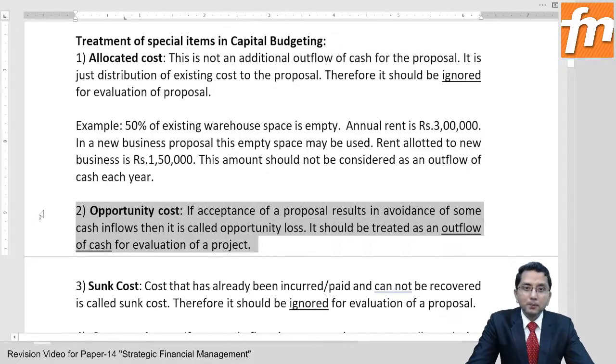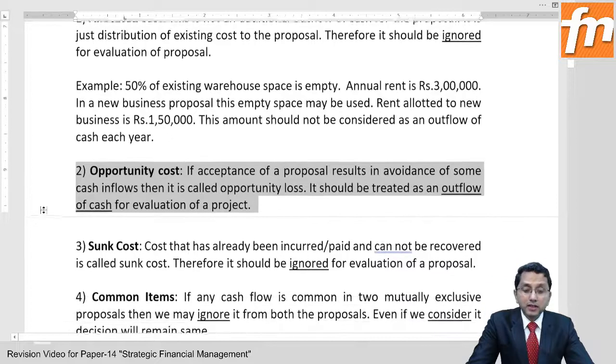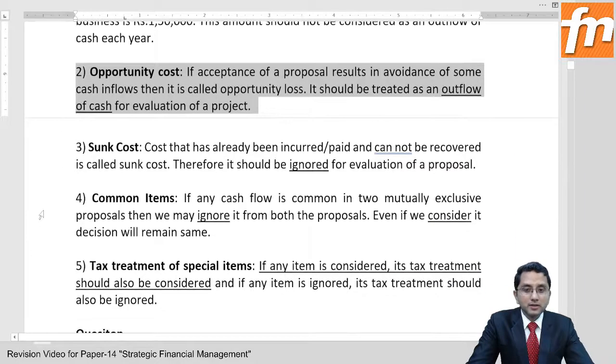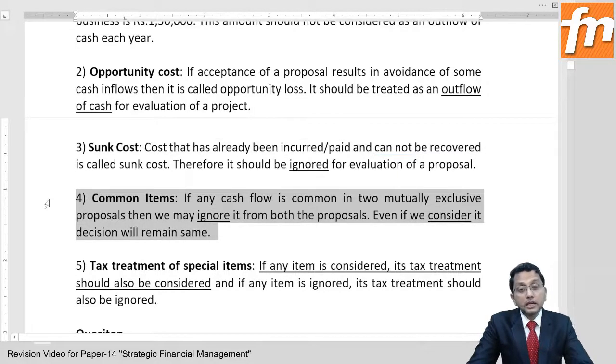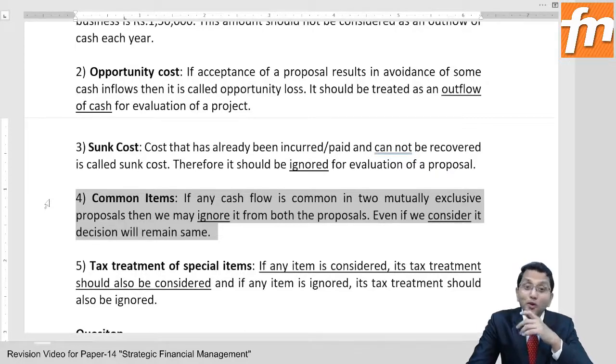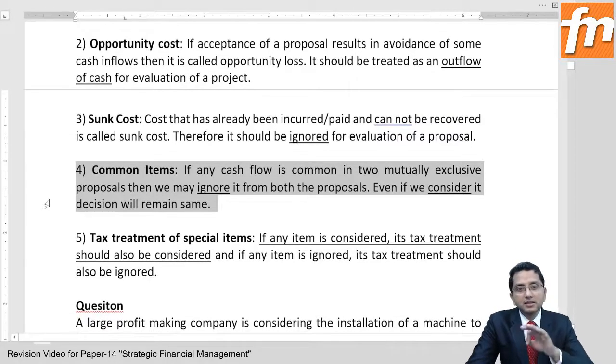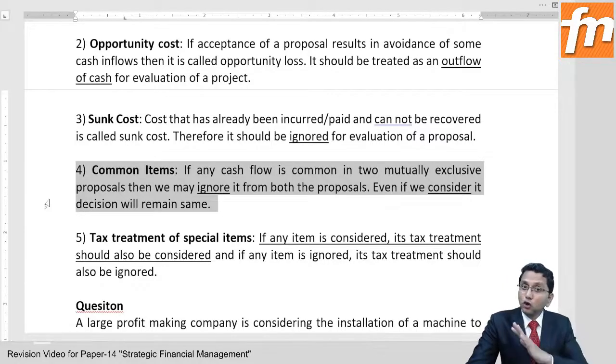Like you are considering opportunity cost, so tax benefit on opportunity cost should also be considered. Sunk cost is ignored, so its tax benefit should also be ignored. Common items, if ignored, their tax treatment should also be ignored. Common items, if considered, their tax treatment should also be considered. Item considered, tax treatment considered. Item ignored, tax treatment also ignored. Simple,